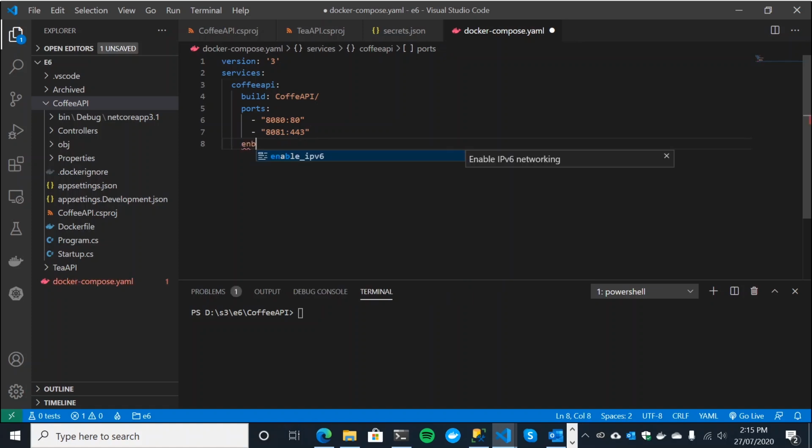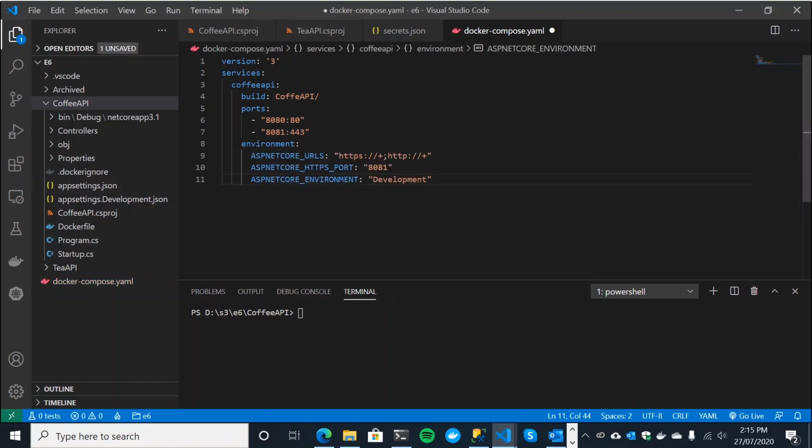We need to specify some environment flags. Environment. Okay, now actually I might copy these over because I think it's just a bit boring to watch me type. I'll take you through what they are though. So 3 environment variables. We need to tell our Docker container and ultimately our Kestrel web server that we want to listen on HTTPS and HTTP.